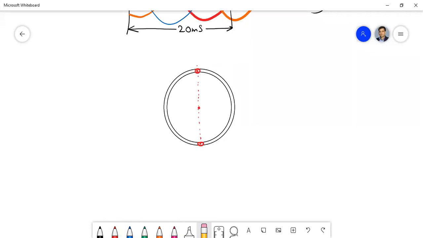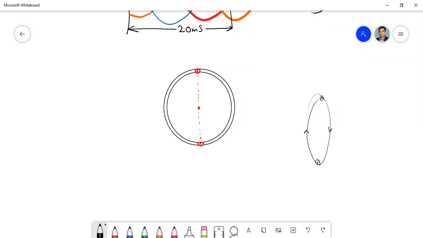Sir, for dot current, it will be in anti. No, it's only one coil. It's not separated. This is only one coil. Suppose the coil is like this. So here you are having the cross and here you are having the dot. That means the current is flowing like this.